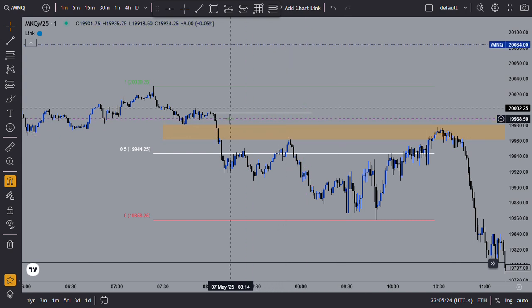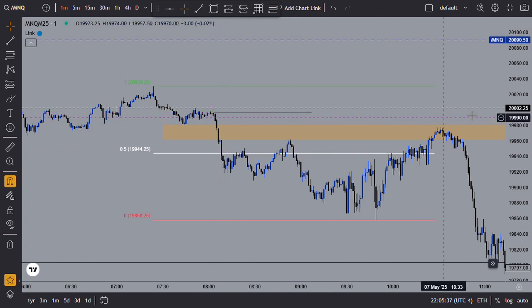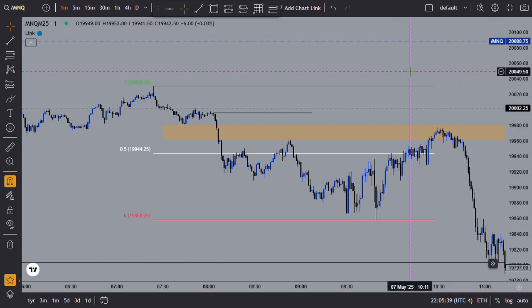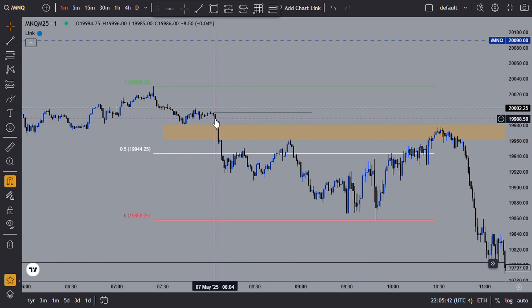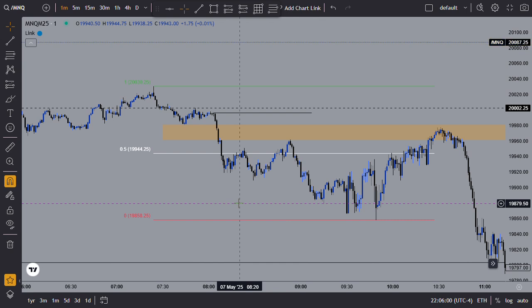At first I was gonna target this, but I just like the risk to reward you have from targeting this one, because the stop loss would be right here versus the stop loss being right here. I don't know how to explain this, but there's not much difference in your risk to reward waiting to have your entry here versus here. This is like an A plus plus plus setup. But for me, I wanted